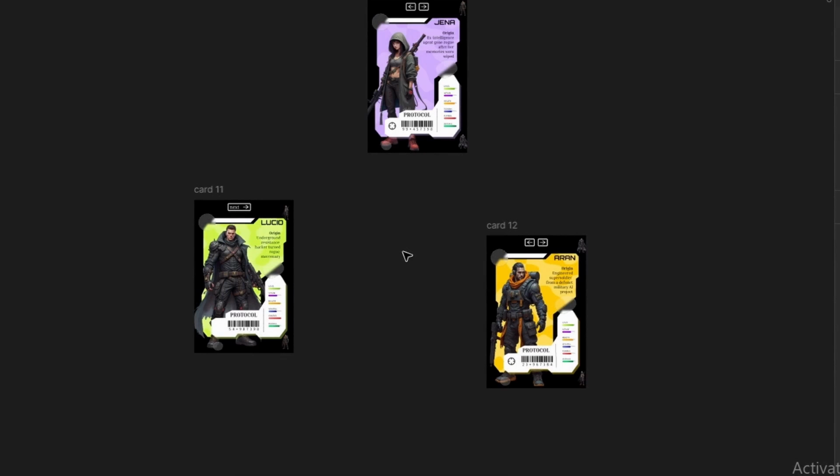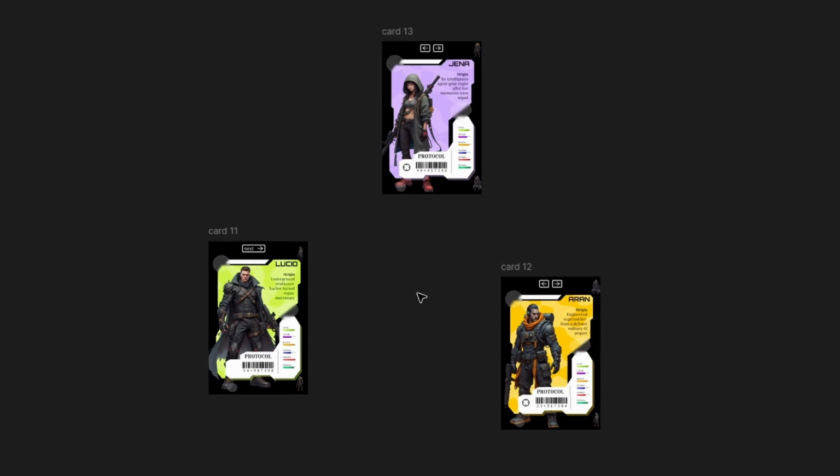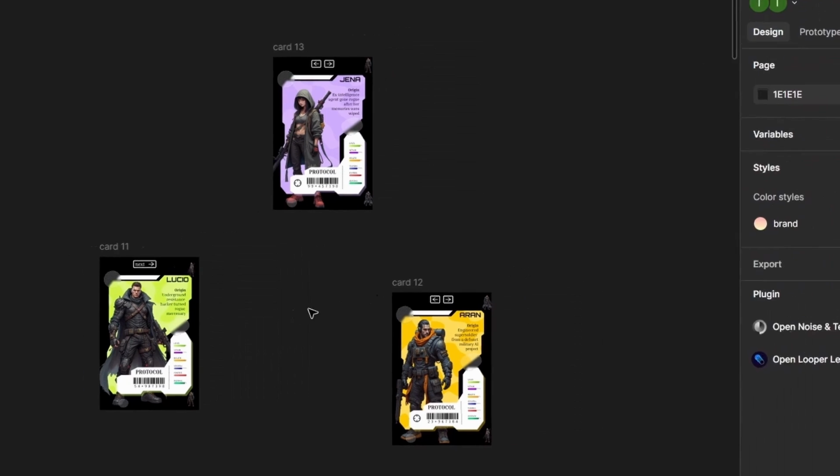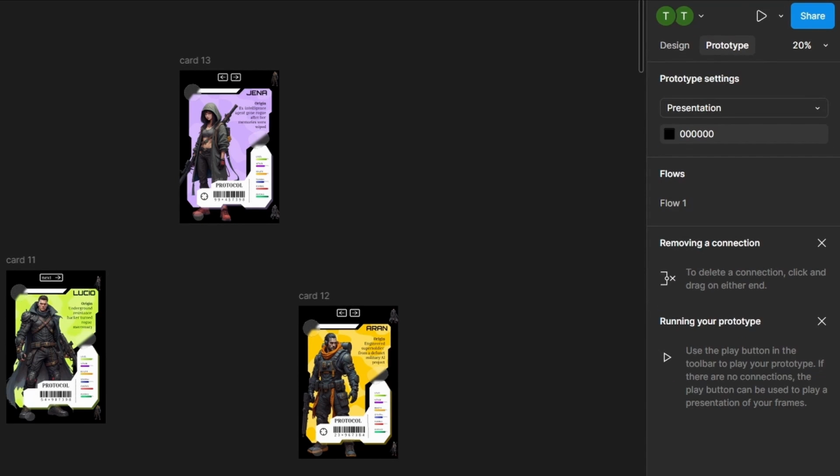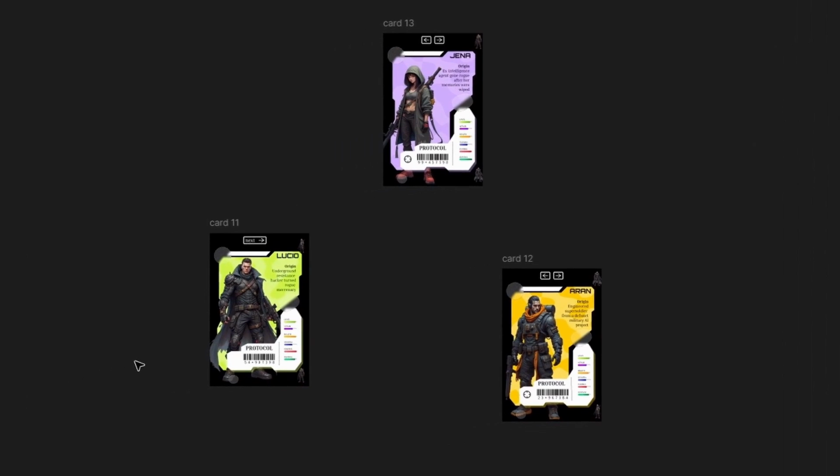Now, let's move on to the final phase, which is prototyping, which is the most important part for animation. So go to your right side panel and click on Prototype. First of all, there's the spinning animation. So we want that when we click our button, the second character enters by spinning in. So for that,